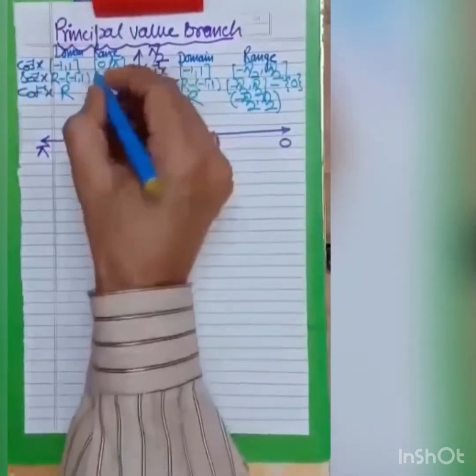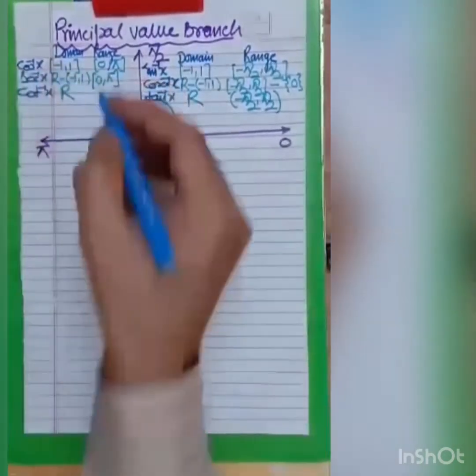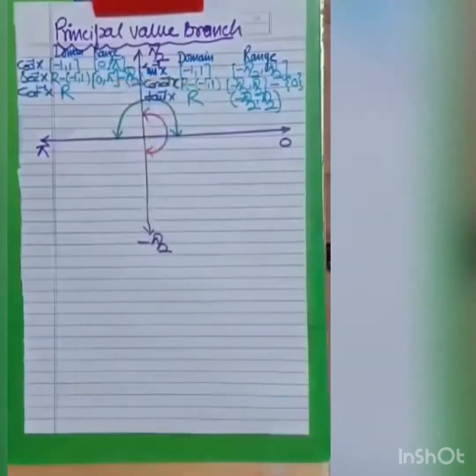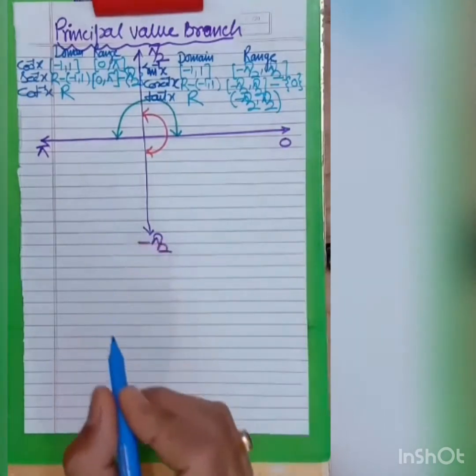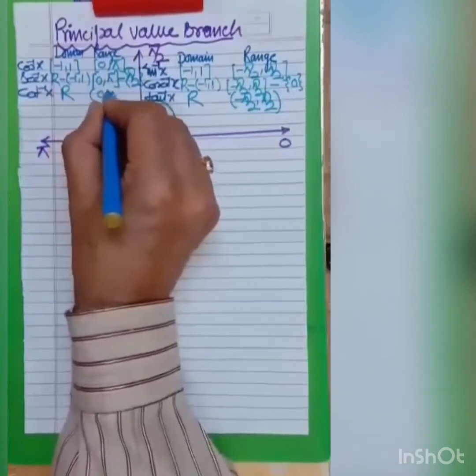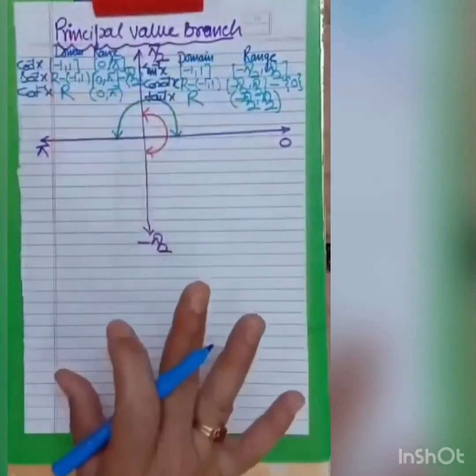That is the green portion. In the same way, when you write the range of secant, we have to leave one value, that is 90 degree. Why? Because you know that secant is 1 by cos. When you put cos 90 degree, it appears to be infinity. Now in this case we get an open bracket, 0 to pi. Now this is your principal value branch.